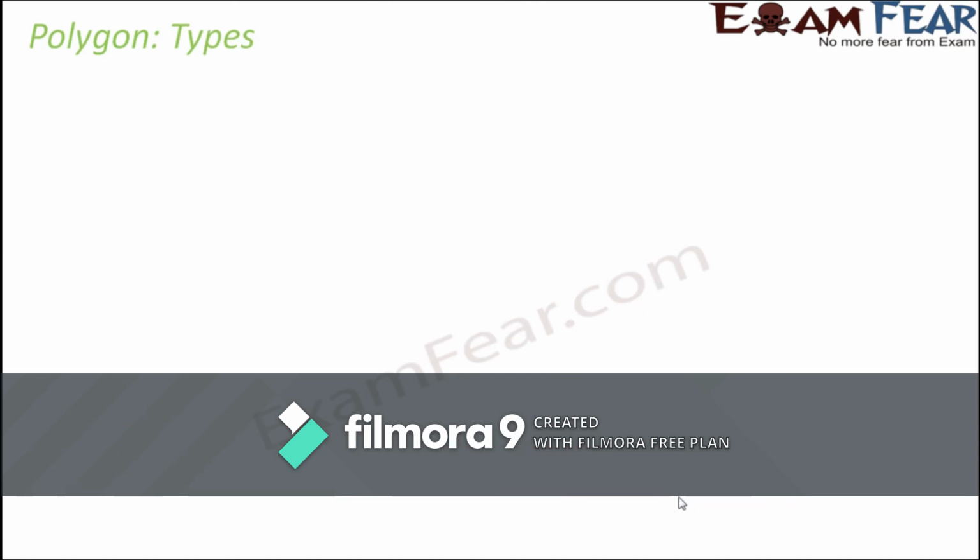Now let us look at the types of polygon depending on the number of sides. Now a polygon with 3 sides is called a triangle. So this is a triangle. Tri means 3. So 3 angles, that's a triangle. Here it has 3 sides, and when you look at a triangle, how many diagonals do you have? Do you even have a diagonal for a triangle?